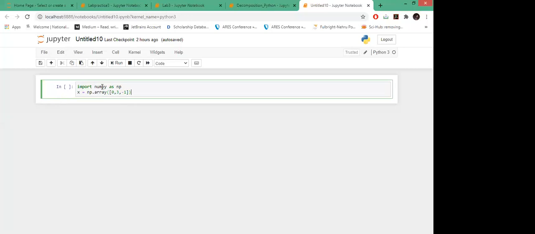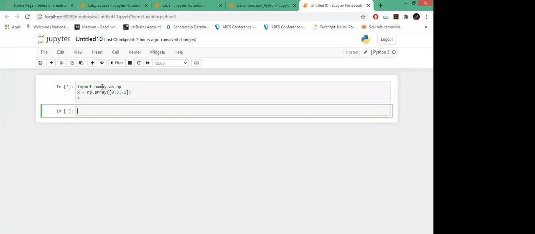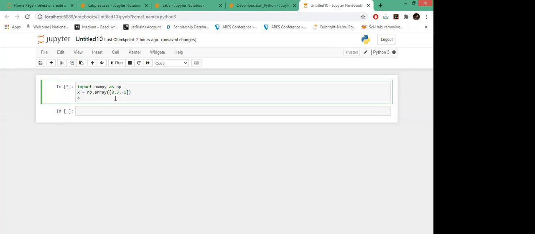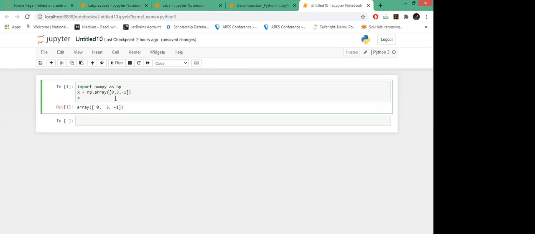This is basically the process of how we define a one-dimensional array. In square brackets, we have the scalars.